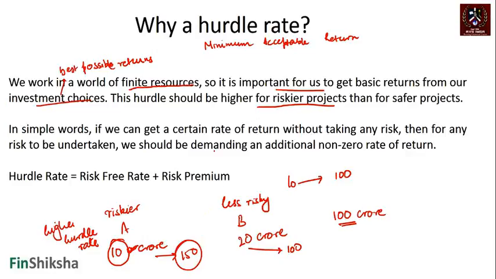In simple words, if we can get a certain rate of return without taking any risk, we should be demanding an additional non-zero rate of return for any risk that we are taking, which boils it down to a simple equation that a hurdle rate should be some return which we